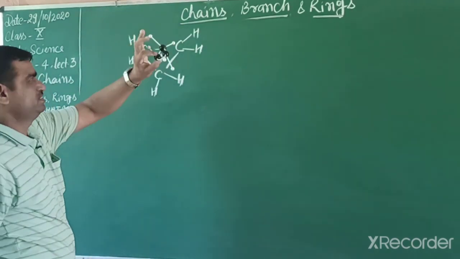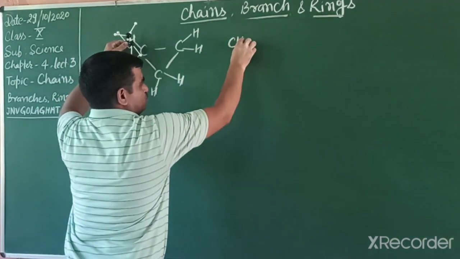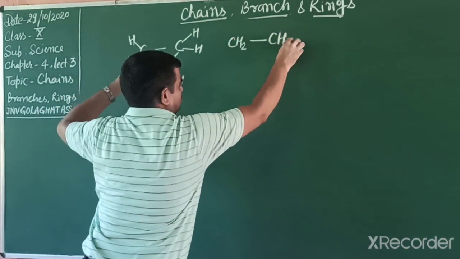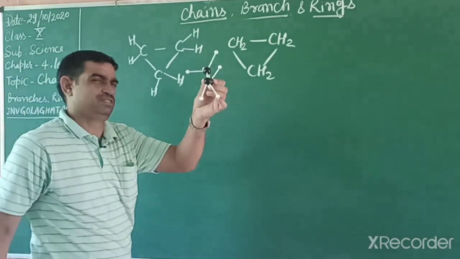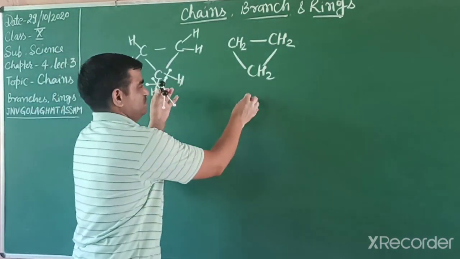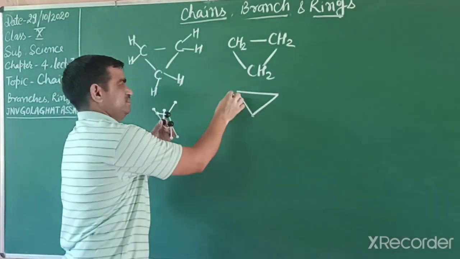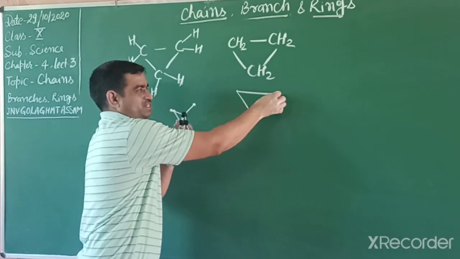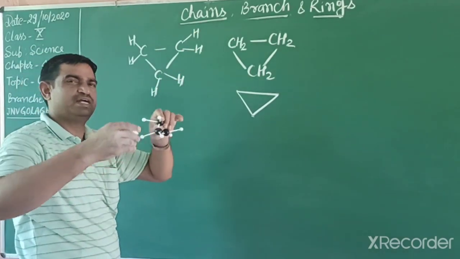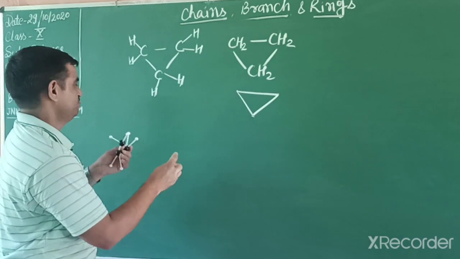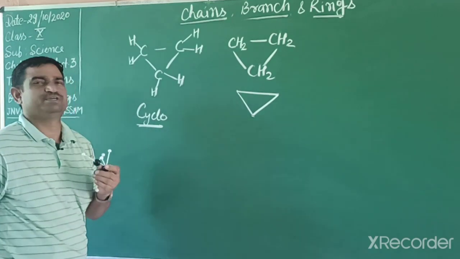In this way we can represent this compound formula. Again we can write like this: CH2, then single bond, CH2. We can represent this. Further, in higher classes, we represent this compound only like this, only bond and line formula. Carbon is not written like this. So for cyclic compounds, when we write their IUPAC name, we write a prefix cyclo. CYCLO, cyclo we write as a prefix.